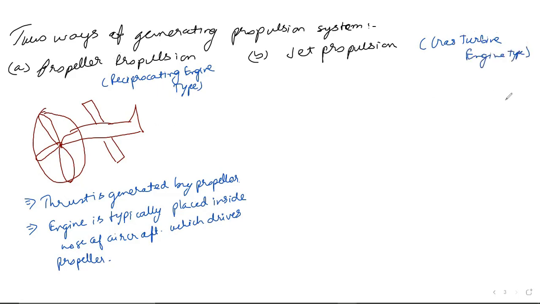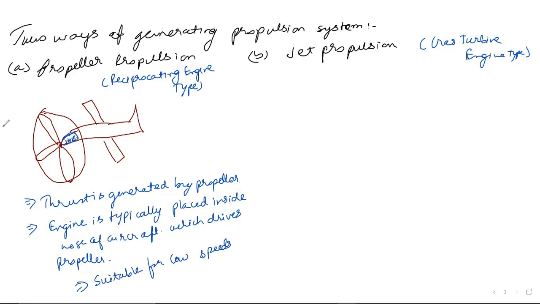That's why this generates brake horsepower and this generates normal power. And this is basically suitable for low speeds. Wherever the propeller is there, it's always suitable for low speeds. Like turboprop is also used for very low speeds. From here to here, this nose is the power plant, also called the nacelle. Various words are there.